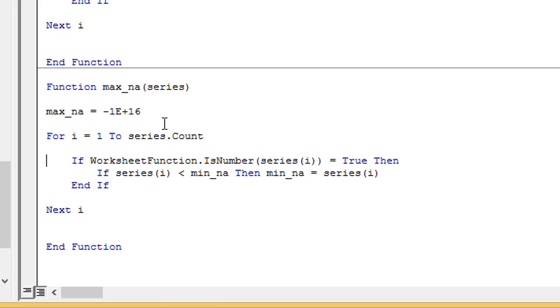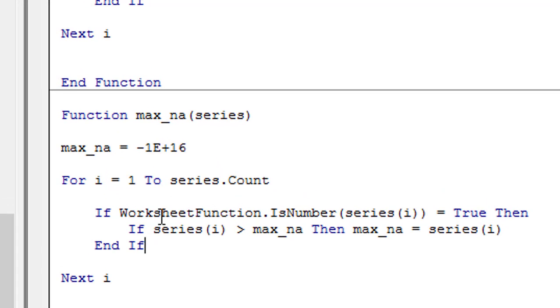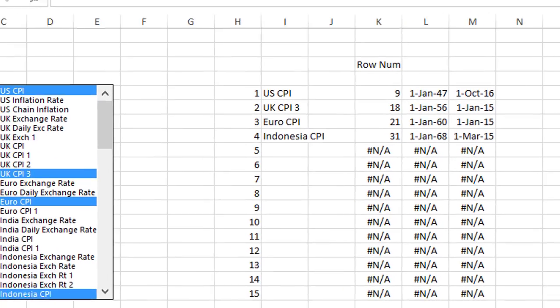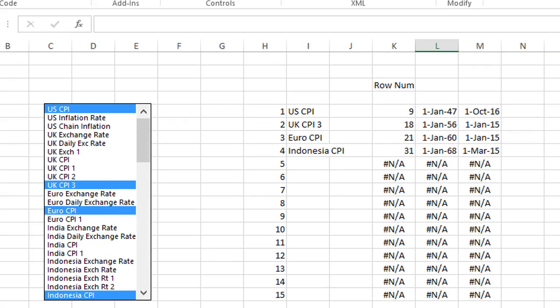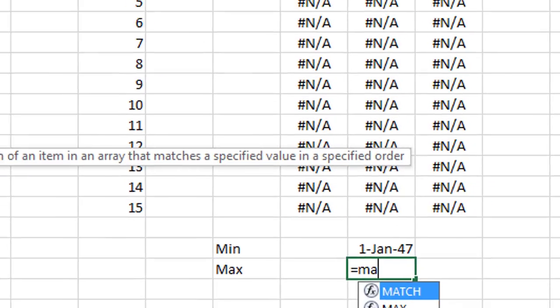And then we go to around the series. If the series is greater than the maximum, then the maximum is equal to the series. Okay, that's how easy it is. But you put this if statement in to make sure that you avoid all those stupid NAs. Okay, so we put equal max NA